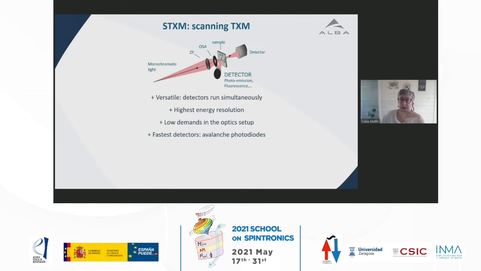So this geometry is particularly good for spectrum microscopy. For example, it's much faster for spectrum microscopy because one can choose to do spectrum microscopy only at certain points and not always of all the area. The optics is simpler. Of course, the mechanics is more complicated, but since one uses a point detector, one can use the fastest detectors in the market, which are avalanche photodiodes,